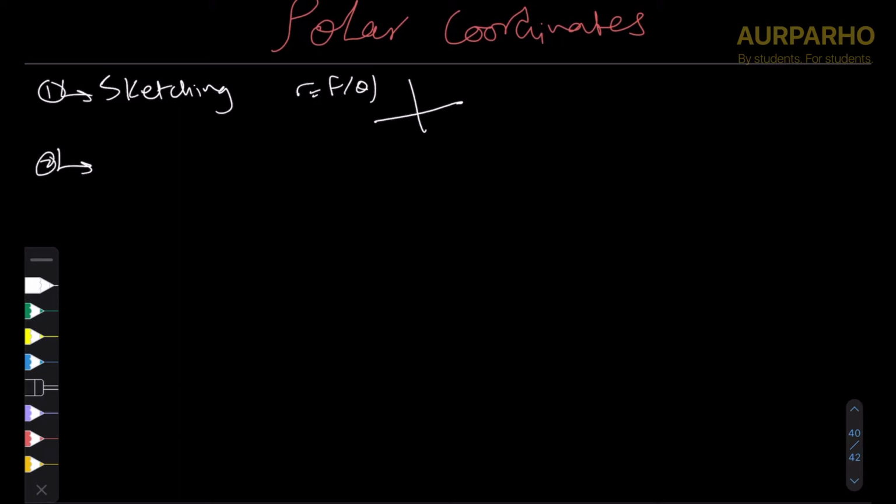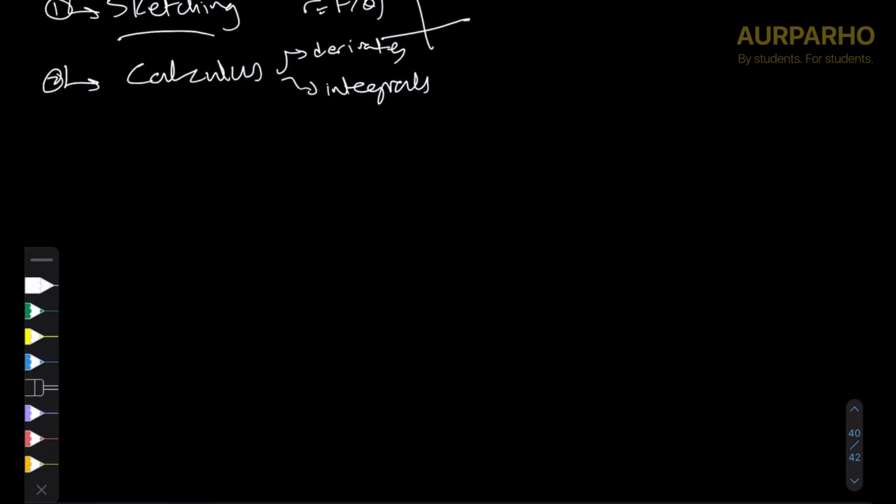The second thing that comes up next is the calculus part of polar coordinates, both the derivatives, the slopes, and the integrals, the areas. So let's look at sketching first. So in your CAIEs, as far as sketching goes,